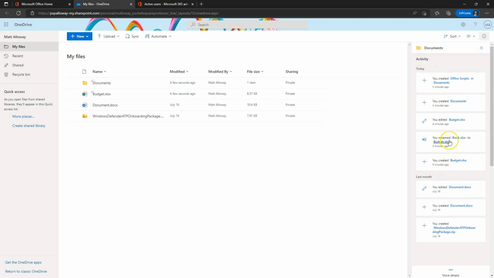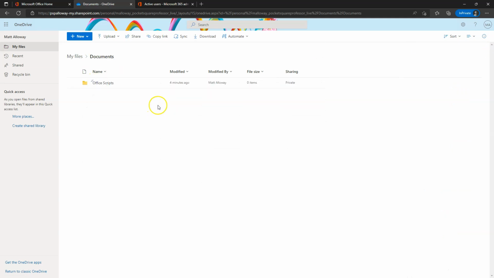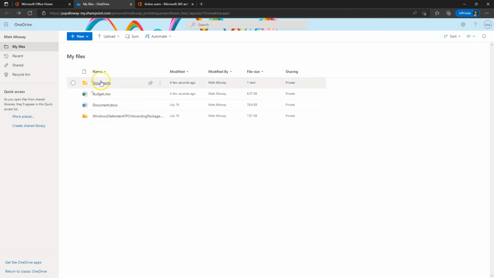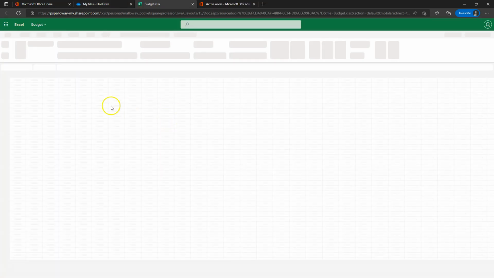We created a new file, we renamed it, we edited it, and we created documents, which is this over here, which I'll get to in time. And then we have created Office scripts. So if we come over here and see Office scripts, there's nothing in here, but these are essentially going to be a repository for the Power Automate that we clicked on there. So nothing there, but not a big deal. So we have the budget, and we click on it, we open it up, and we see, all right, cool,